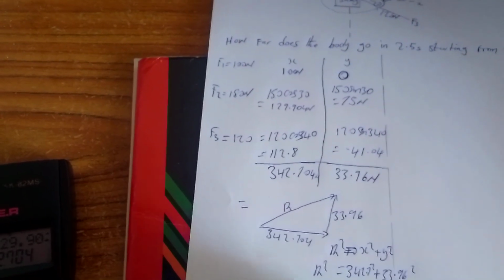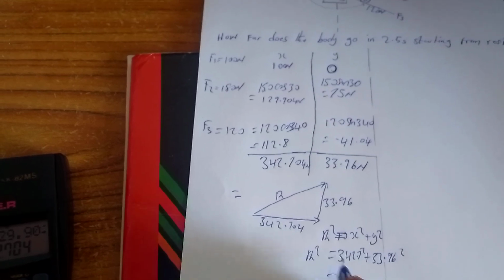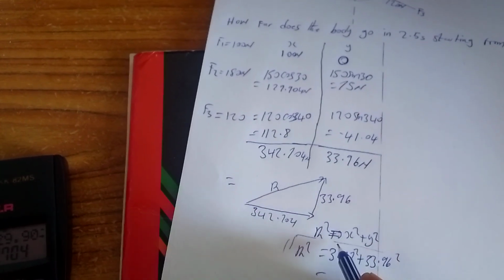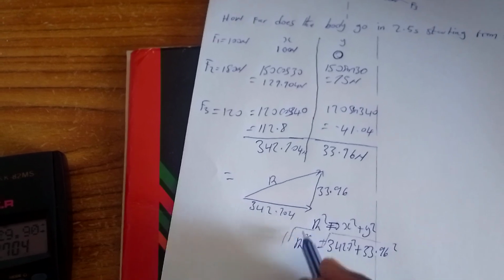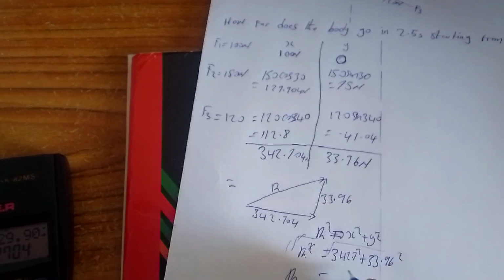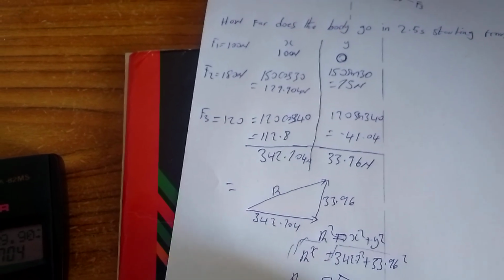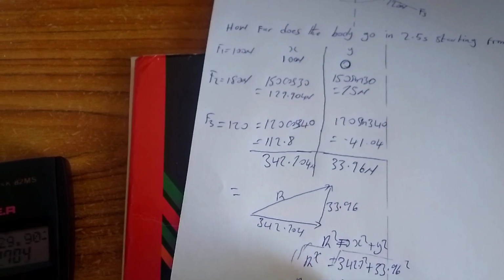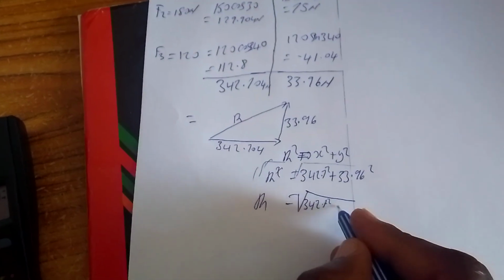This is our r squared. When we introduce the square root both sides, this and this cancels, then our r will just be equal to the square root of 342.7 squared plus